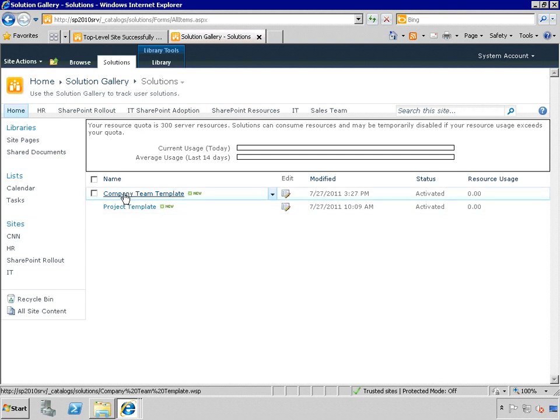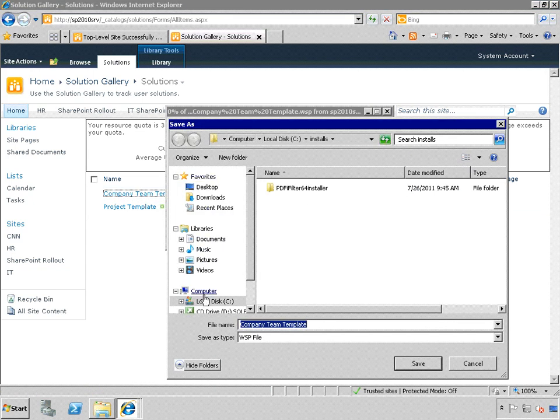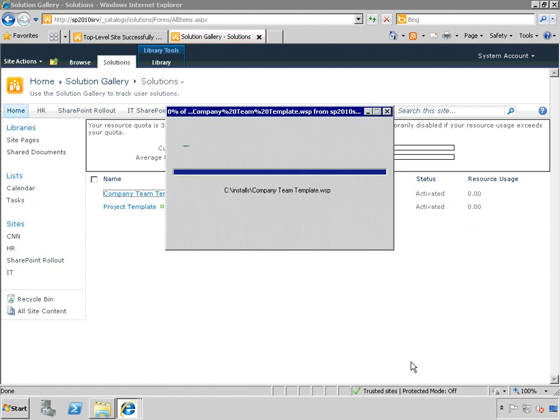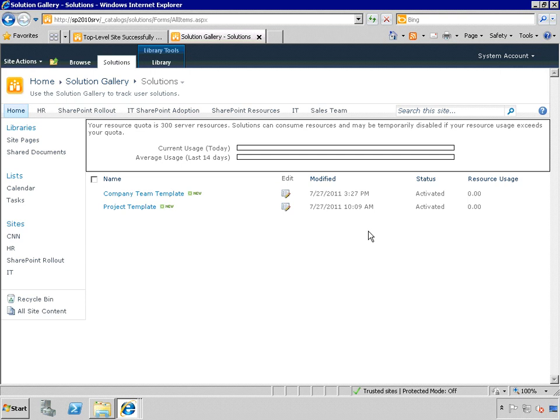So we're going to click on the Company Team Template link and choose Save. And we'll keep it the same name that it's got. And save. And then close out this window. Okay, now that we've saved the solution, the template, on our local server, let's go ahead and deploy it to